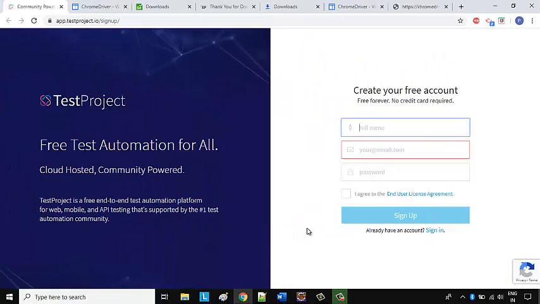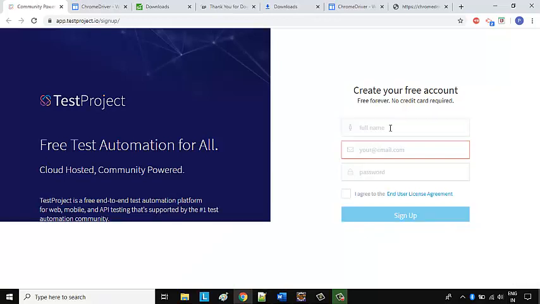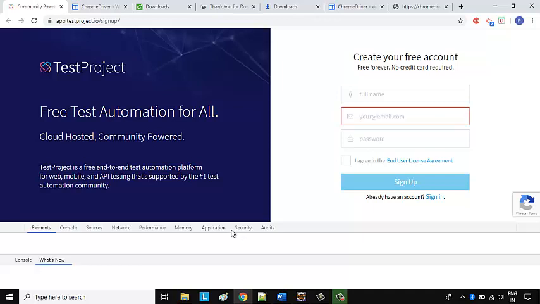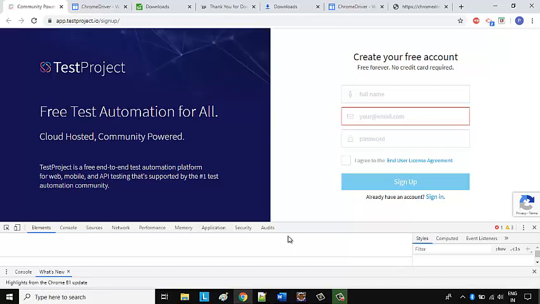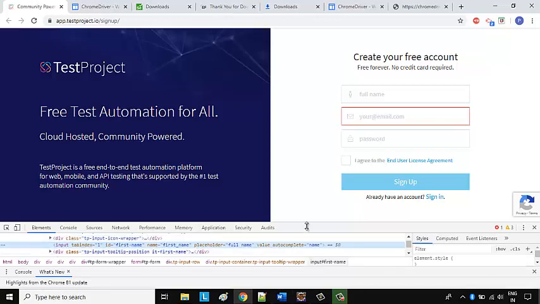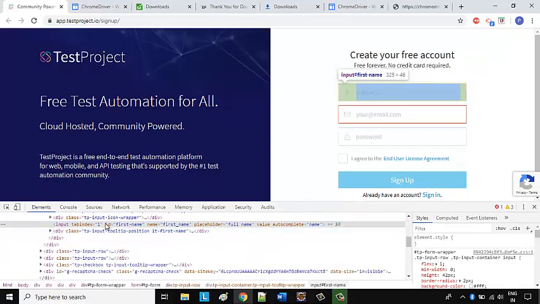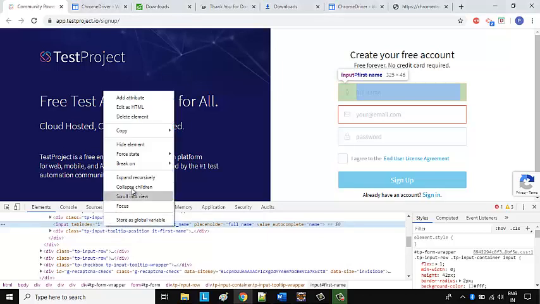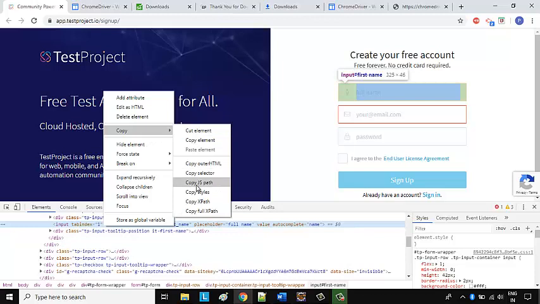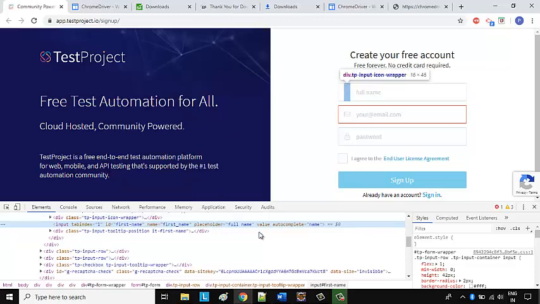Once you inspect, it will show an option, the default, we can say the DOM, document object model, and after that you have to navigate to the particular line. Here you can right click with the mouse and then choose copy XPath. So this is the way that you can get the XPath. This is for beginners.